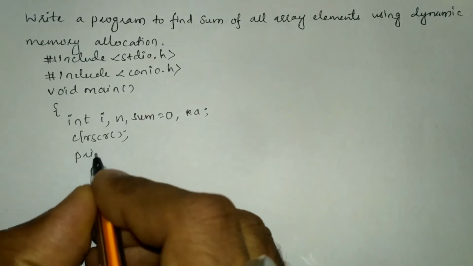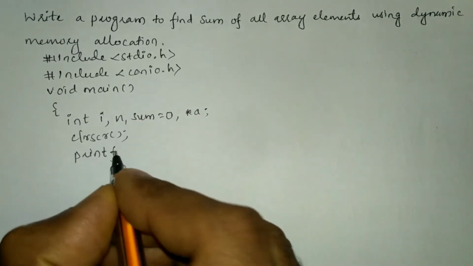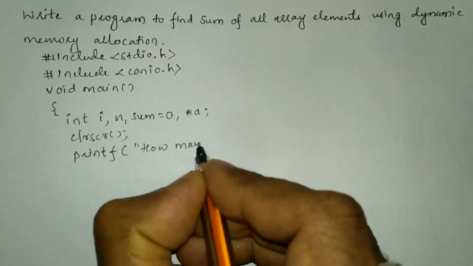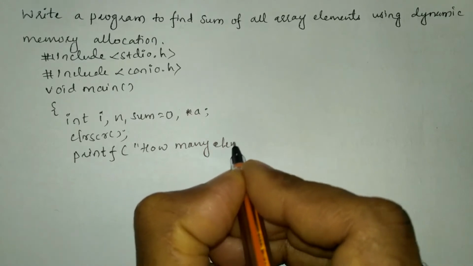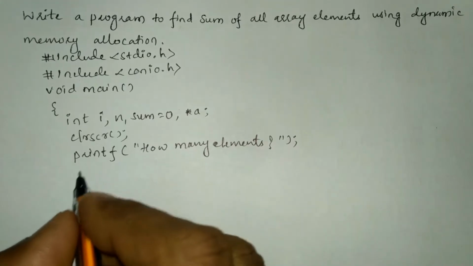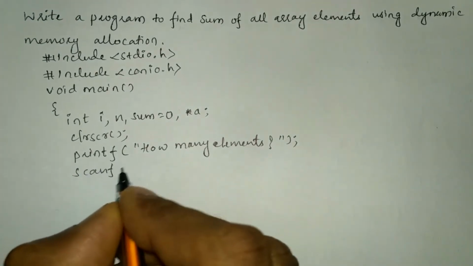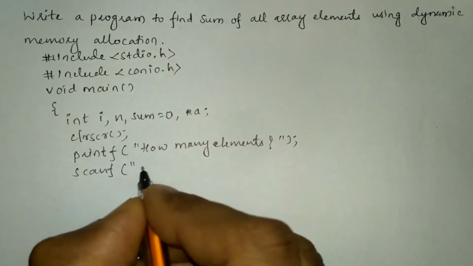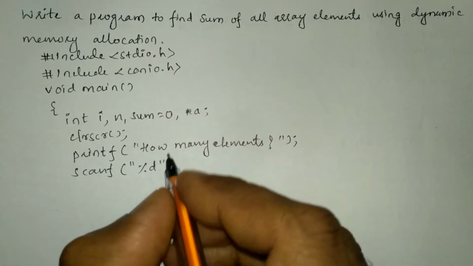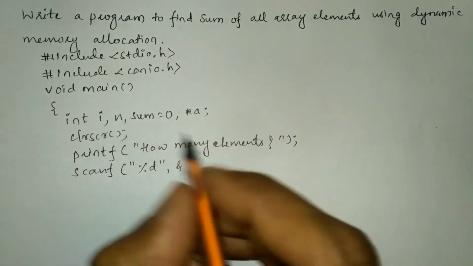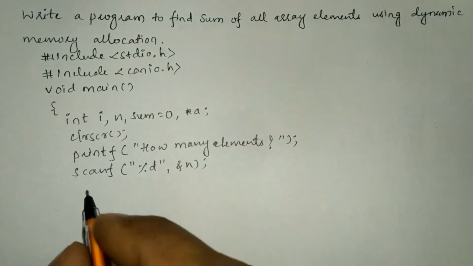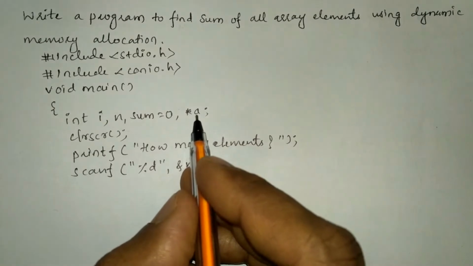Now we will ask the user to enter how many elements using printf function. Here I am going to type how many elements and end the double quotation mark and put semicolon, and we are going to receive the response from the user through keyboard using scanf function, and here in double quotation mark we are going to write the format specifier %d, put comma, ampersand of n, we will take n number of elements, and next we are going to allocate memory for this particular